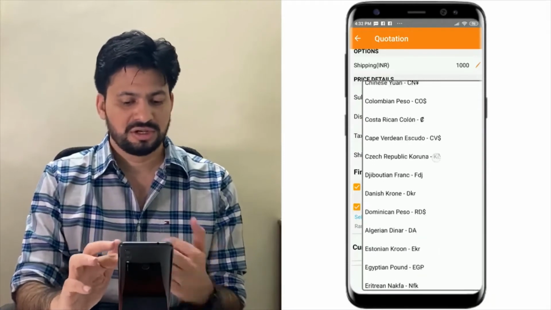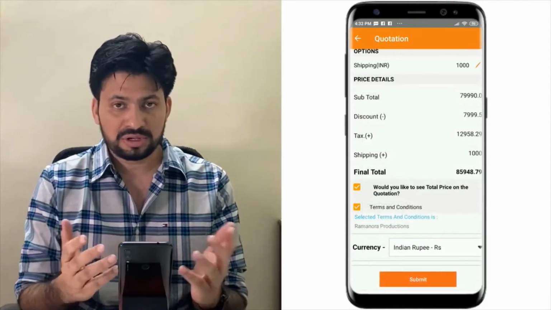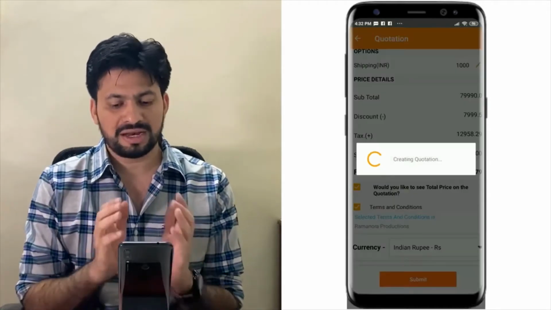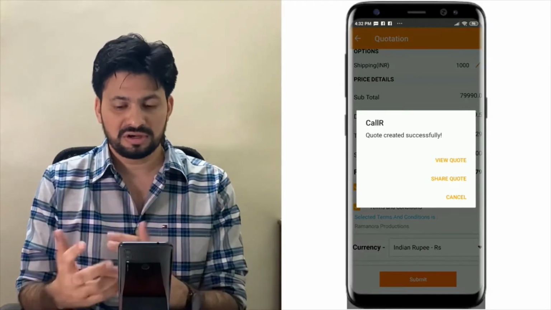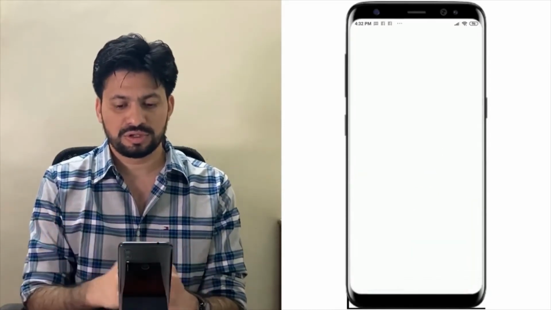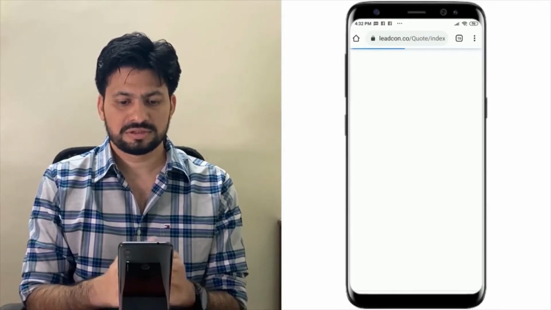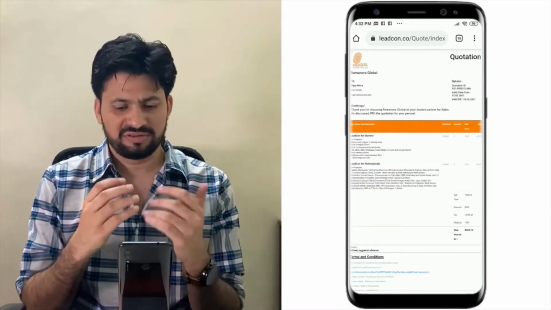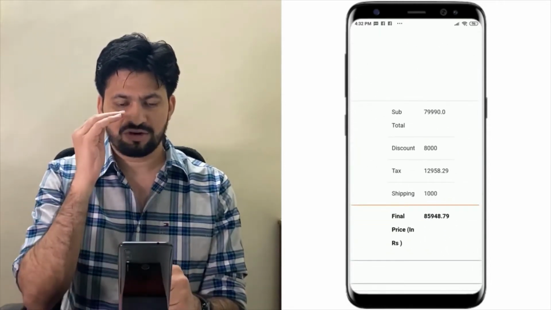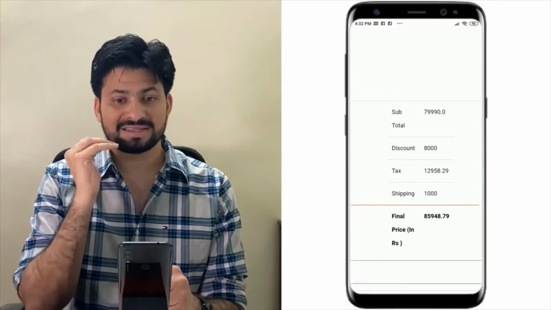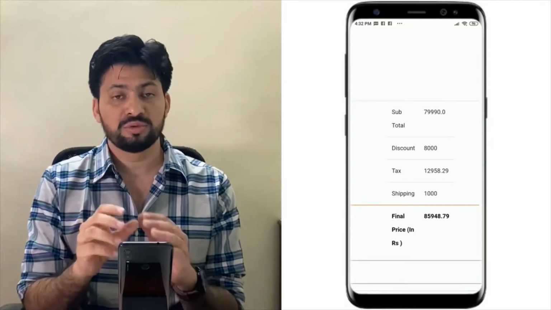So in case you are selling somewhere in some other country, you are exporting something or importing something, in whatever cases, you can now create a quotation on the basis of the currency. So if I click on view quote, okay,